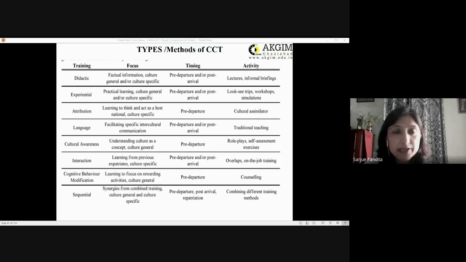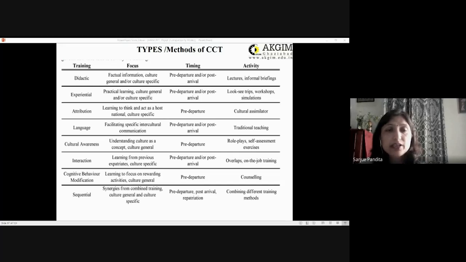How do you do that? It is basically aimed at giving the expatriate an insight into the cultural point of view of the host country, which enables the expatriate to explain and understand host national behavior. This is done by teaching skills that aim to make the expatriate's attributions more isomorphic to the new culture. So attribution training is closely connected to the cultural assimilator.